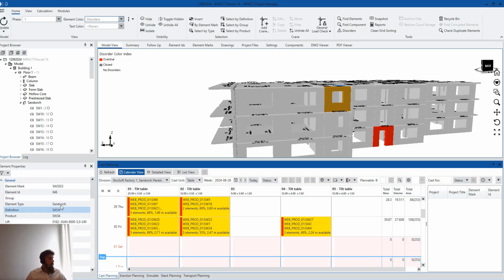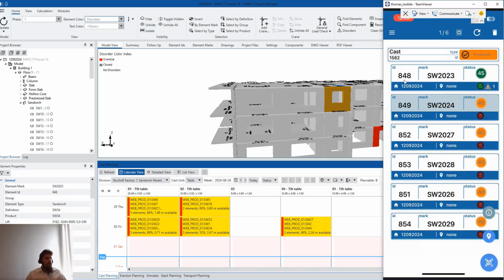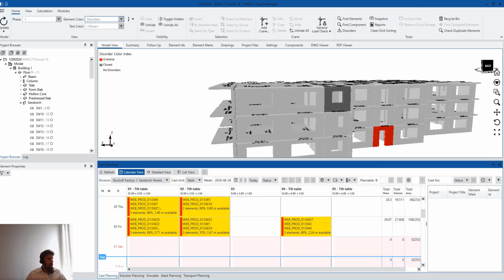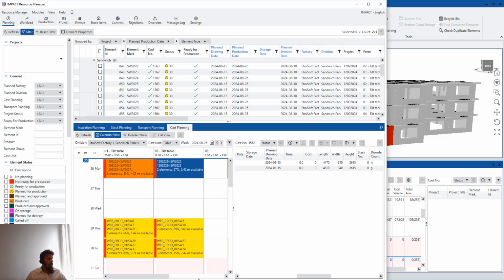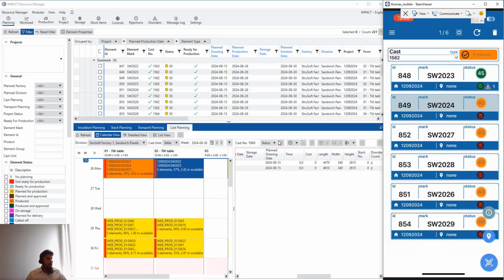It is this sandwich wall that we were working on, the element ID 848. Let's also make sure that we can see it here. Go back to the mobile app, sorry. It's the 848 ID from this project. Great. So now that you believe me and I showed you that, the last thing I'm going to do is